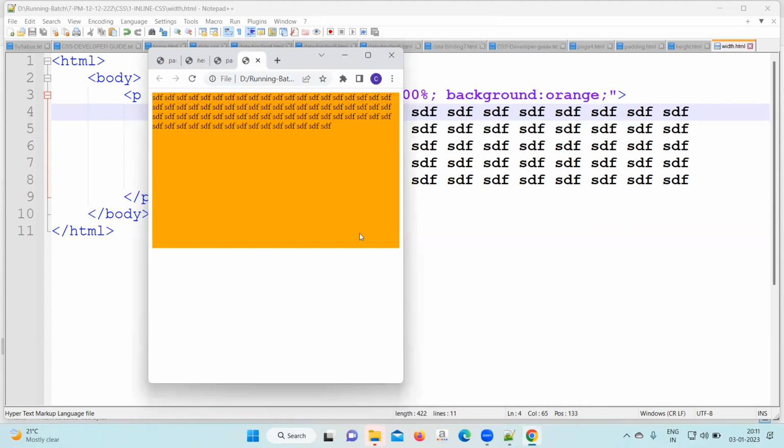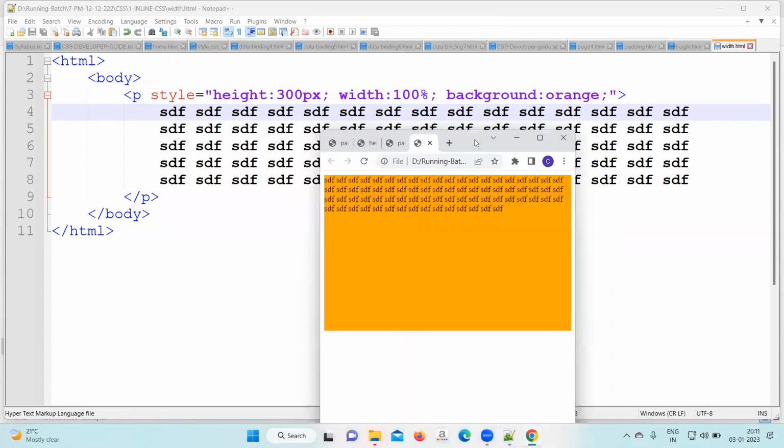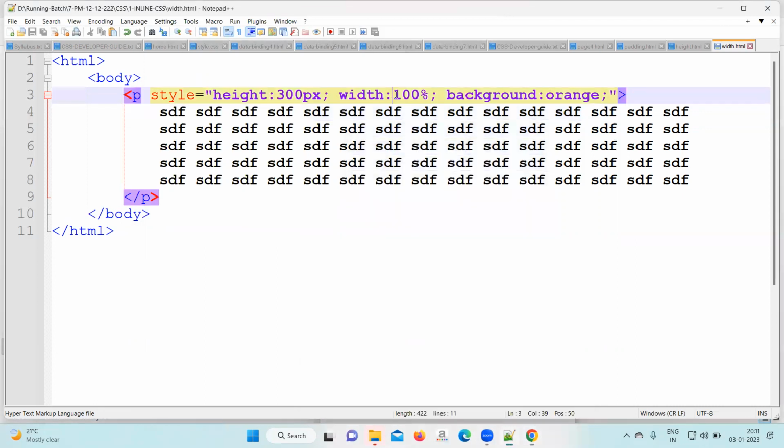And before that, what was it? Pixel. So when you say 100 pixel, it will work properly only if the screen is 100 pixel. Less than that also problem, more than that also problem. Now let's write something else. Instead of 100%, write 70%. Height 300 pixel, width how much? 70%. So it will take only